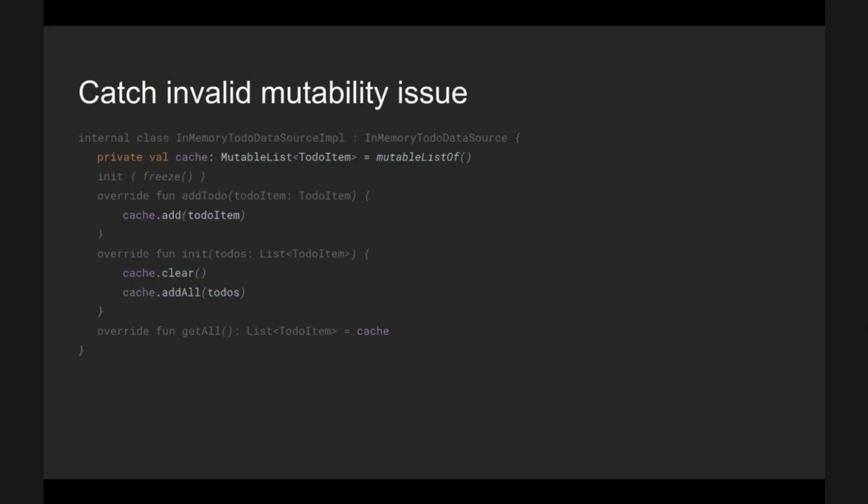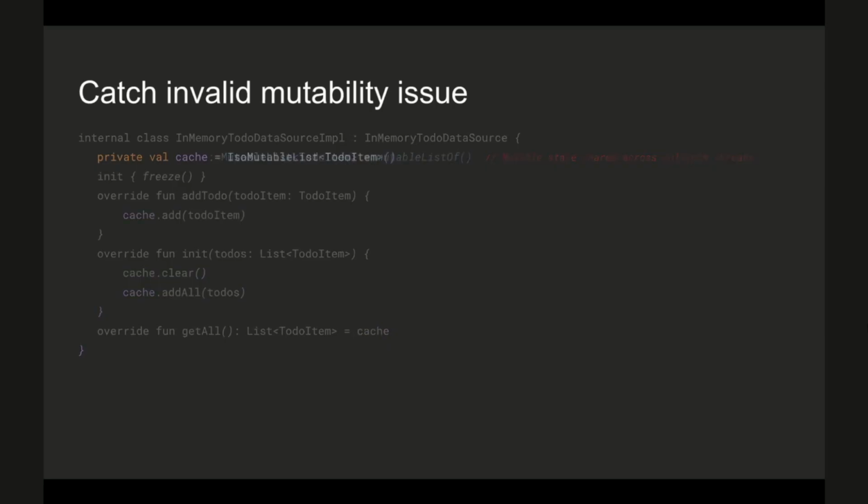So let's go back. Here, we are saying, okay, our data source is supposed to be an immutable object which is keeping a reference to a resource. And this resource is mutable. The problem is that with the Kotlin concurrency model, you cannot do that. Your resource has to be either detached from the graph or immutable if you want to share it across multiple threads, because this data source can be used by multiple threads. So to fix it,